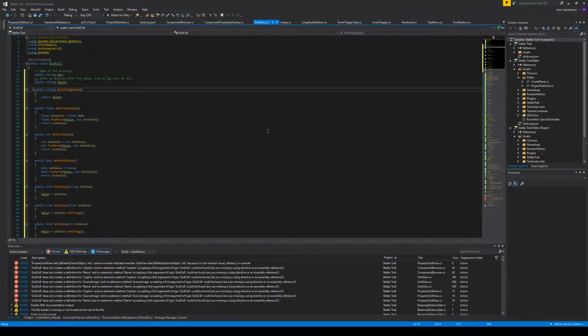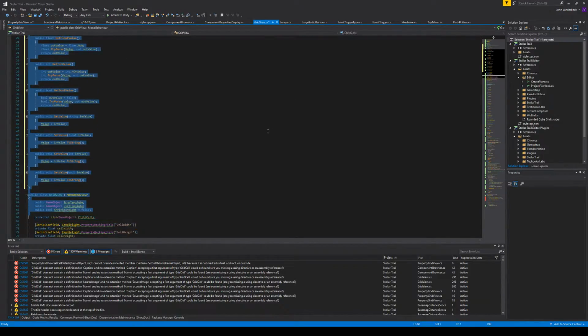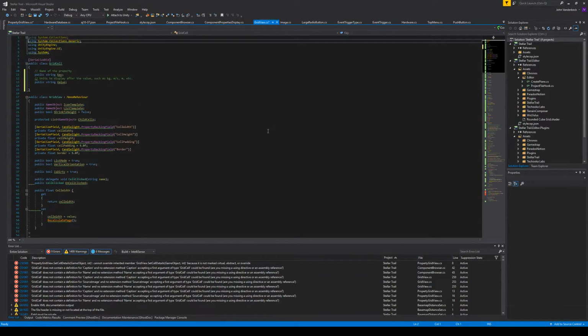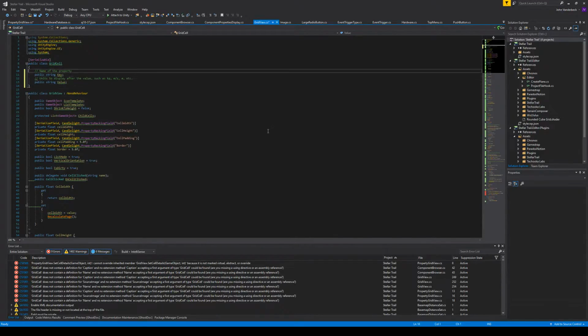And then we can get rid of all this probably. Don't need any of this. This just handles all this stuff here. Allows properties to be multiple types, but I don't need that for this. Strings will be fine. So a grid cell has a key and value. And then